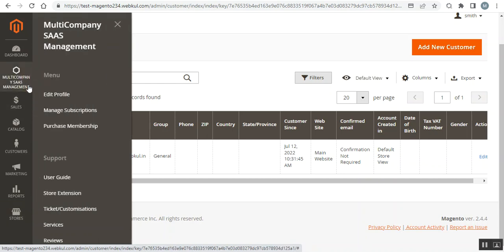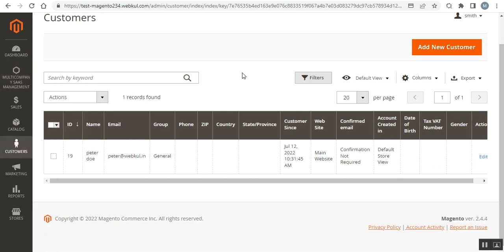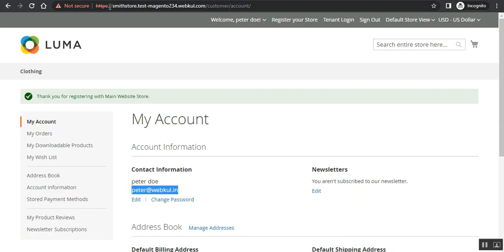And under the multi-company SaaS management, you have the edit profile, as I've already taken you through, manage subscriptions and purchase membership as well. So this was the backend options for the tenant. Initially I showed you how a user can register as a tenant, then I showed you the backend options for the tenant, then we saw how to purchase a membership by a tenant, then we saw the front end of the tenant here,